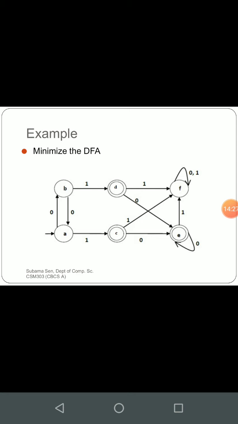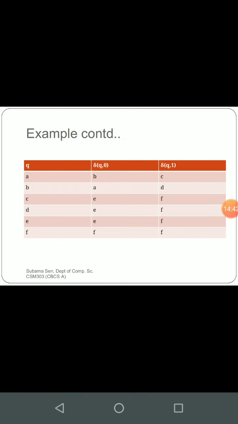So this is the same diagram as we have seen in our Nerode theorem. Here again 6 states are there, out of which 3 are non-final and 3 are final. Which are non-final? A, B and F. Which are final? C, D and E. So first our job will be to draw a transition table. This is required, and you will understand why. Fine. So now next what we are doing,